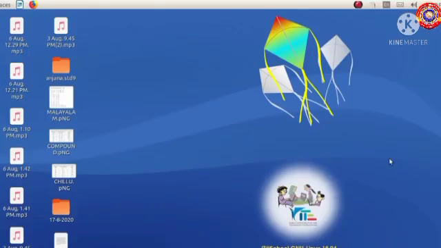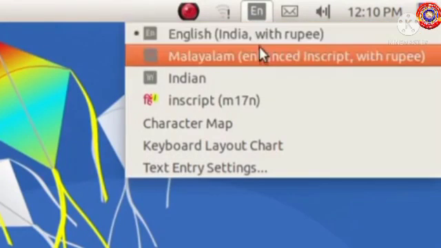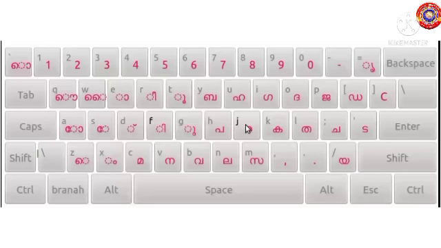Okay. Students, normally when we type using the keyboard, we find English letters on the screen, right? Now, in order to convert the keyboard layout to Malayalam, we can follow these steps. See, click on this icon from the top right position of the window and select Malayalam. Now the keyboard is ready to type Malayalam. But in order to type fast, we should have a knowledge about the Malayalam keyboard layout.